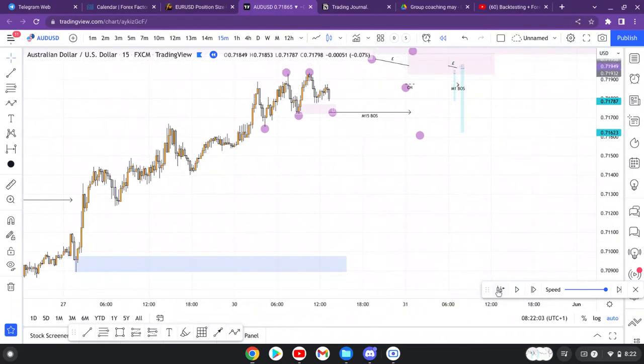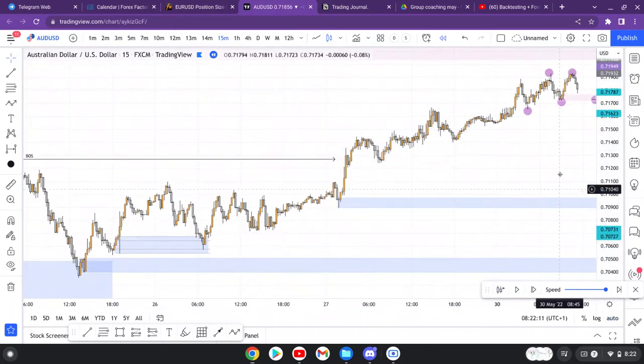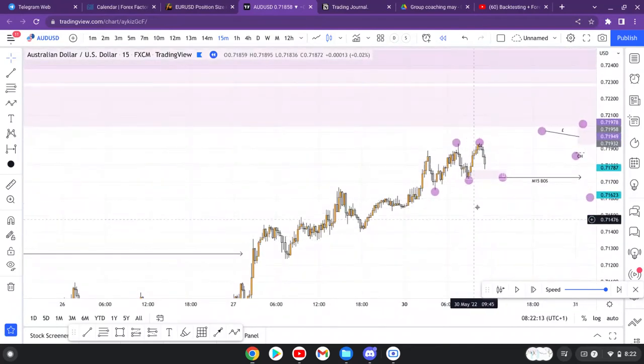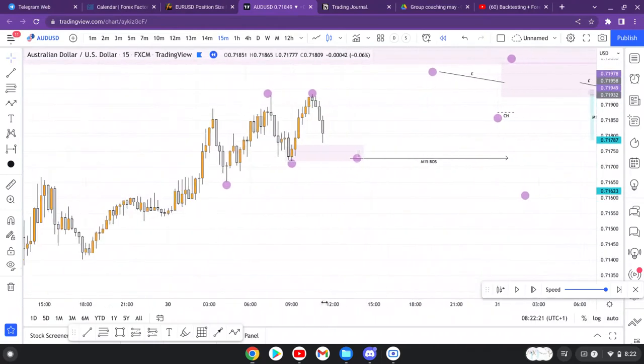Let me just bring it back. Okay, cool. So we can just see that we're very bullish here. So we only really want to be buying at higher lows to then go and target this bit to make the higher high. Okay, so if I zoom in now,